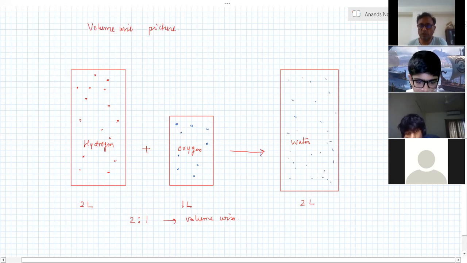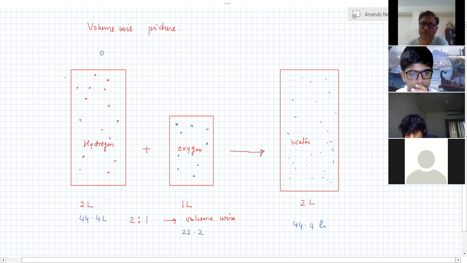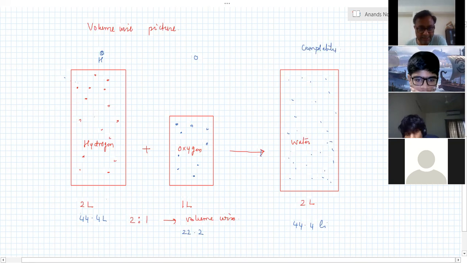This is what he observed. So if you take 44.4 liters of hydrogen, this would be 22.2 liters of oxygen, and here you will get 44.4 liters. Whatever it is, it always used to be 2:1. At the end of the reaction, inside this hydrogen cylinder, nothing would be there, completely reacted. Hydrogen completely reacted, oxygen also completely reacted, nothing is left out, and water is completely formed. That means the gases in these cylinders are completely used up, nothing is balanced. Are you able to follow this, guys?